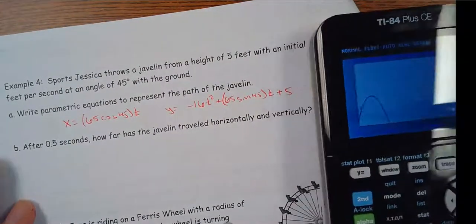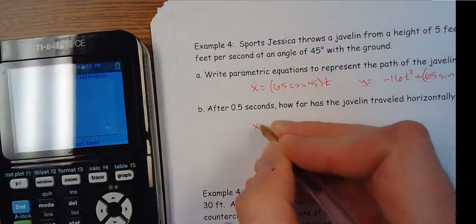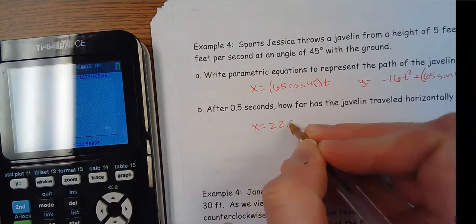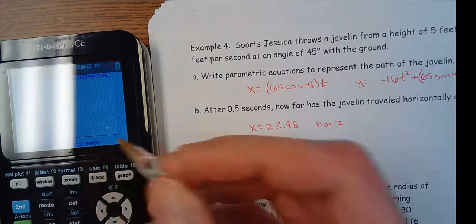So how far has the javelin traveled horizontally and vertically? Well, horizontally, so in the x direction, it traveled 22.98, so that's horizontally. And in the y direction, my y value is